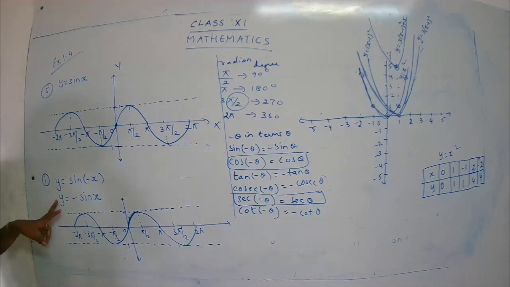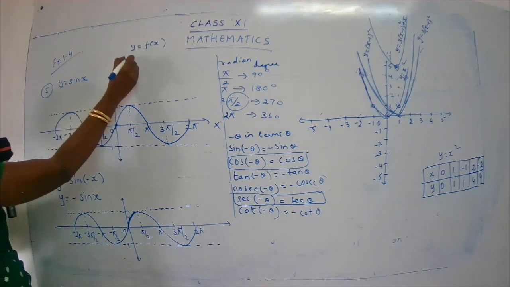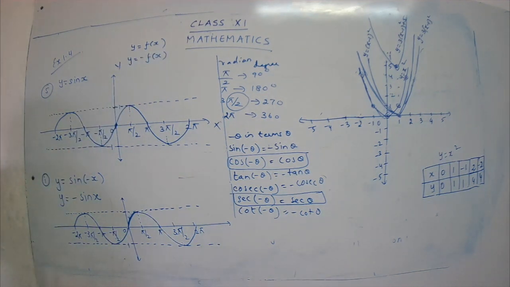Now what is the new graph? What is the transformation you are going to do? You are going to draw a curve y is equal to minus sin x. Just think, this is of which type, children? If you have y is equal to f(x), and you are going to draw a new graph which is y is equal to minus f(x), how will the graph be? Yes, good. The graph is going to be a reflection. It will be a reflection about the x-axis.